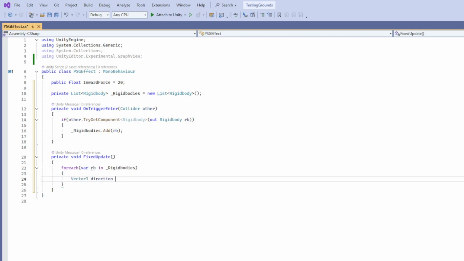Find the direction of the object by normalizing the position of the object hitting the trigger and this object. Then add force to the rigid body, using direction multiplied by the negative amount of inward force. Then use the force mode to generate constant movement towards this game object's position.